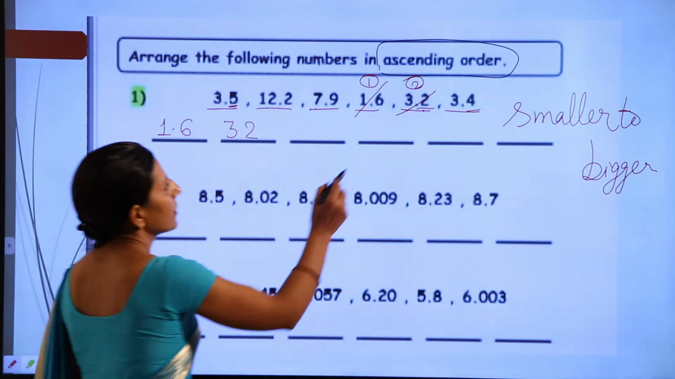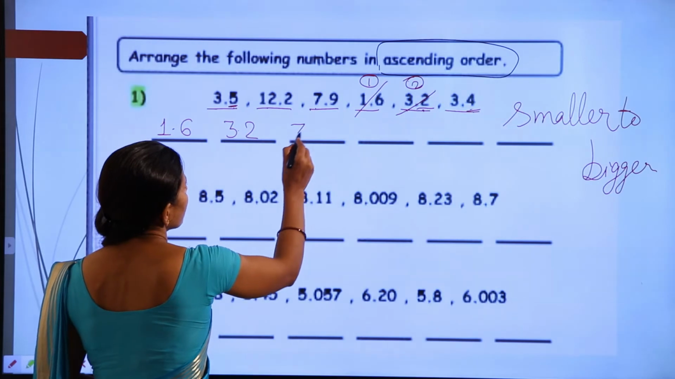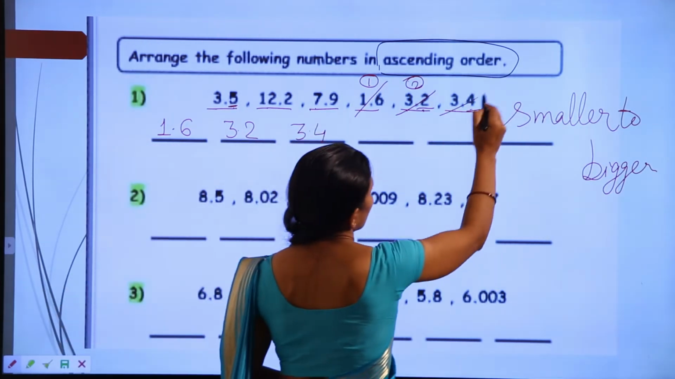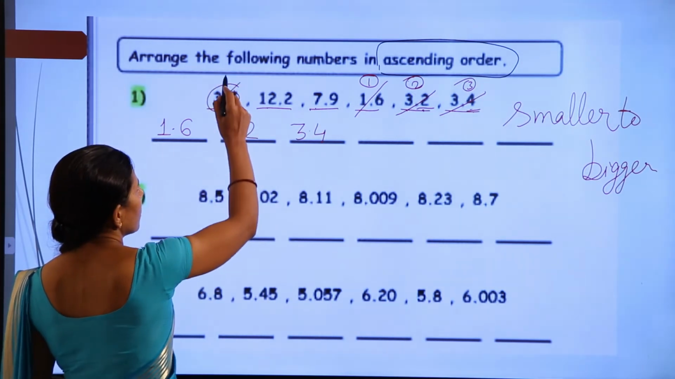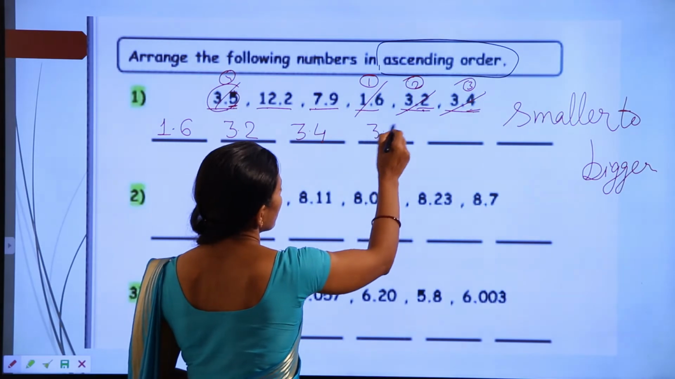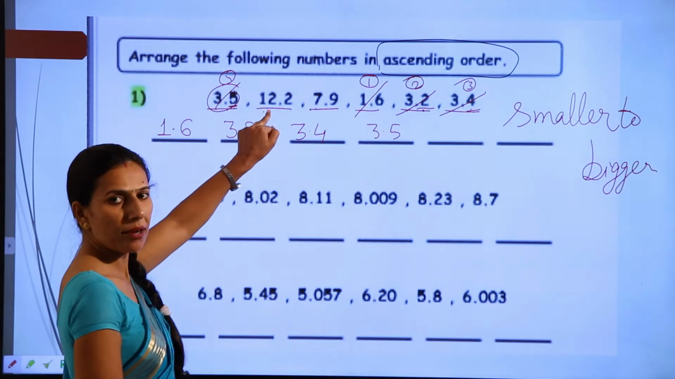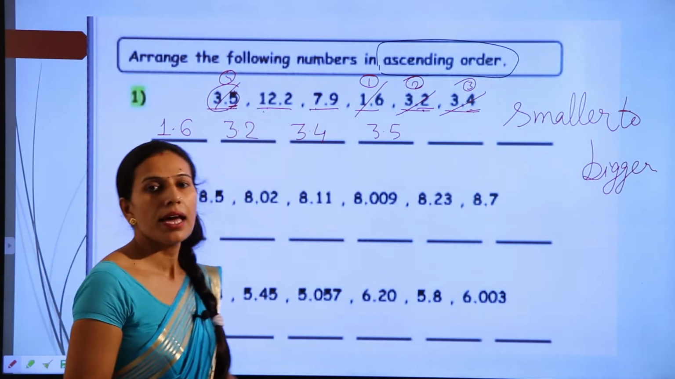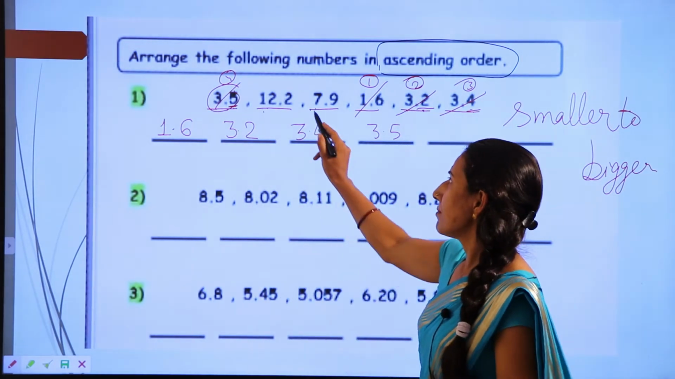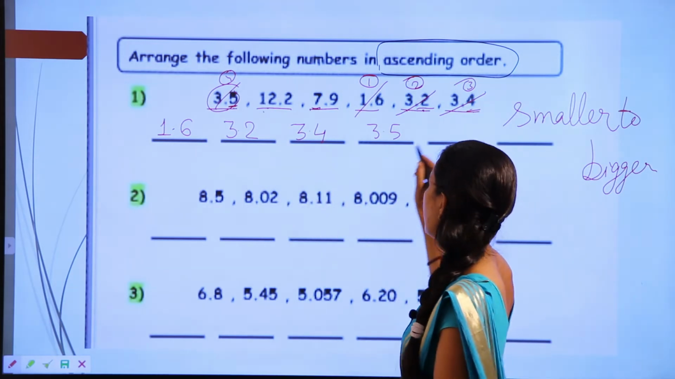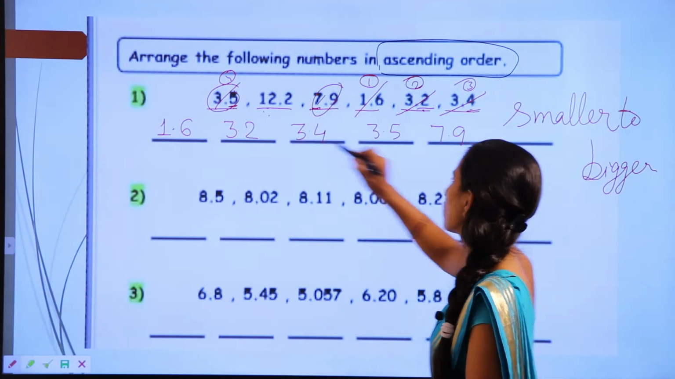Okay, after that, 4 is greater than 2. So we will write 3.4 on the third number and then 5. Okay, so we will write 3.5. Now two numbers are left here. We have 12 as a whole number and 7 as a whole number. So tell me which one is less? 7 is less than 12. So we will write 7.9 and then the last number is 12.2,